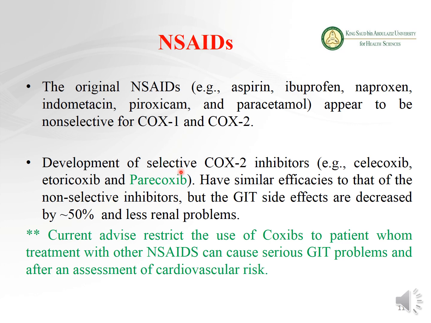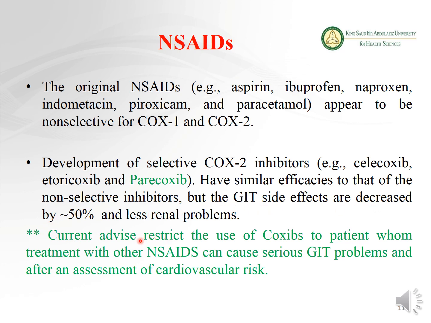And now the development of selective COX-2 inhibitors, the coxibs, such as etoricoxib and parecoxib, have similar efficacy to that of the non-selective inhibitors, but the GIT side effects are decreased by 50% and there are fewer renal problems. So these coxibs are more selective towards the COX-2 enzyme. That's why they have more anti-inflammatory action and fewer side effects with regard